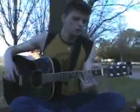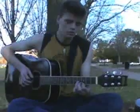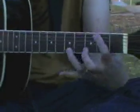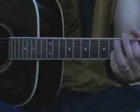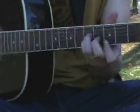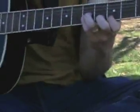Now, when you've gone through that twice, you do that twice, and then you change the chord formation. So you're going to make,